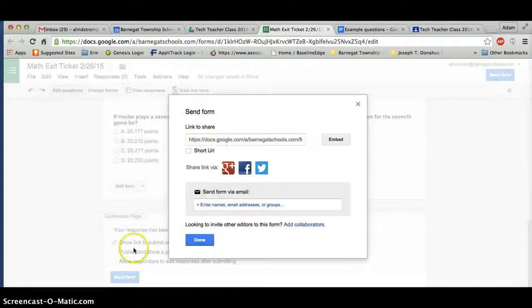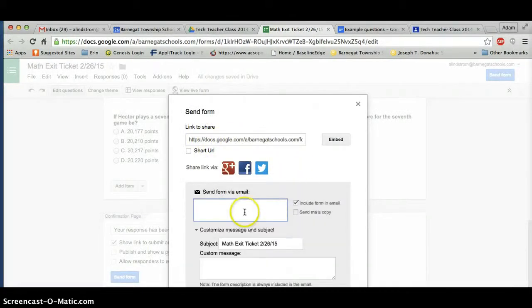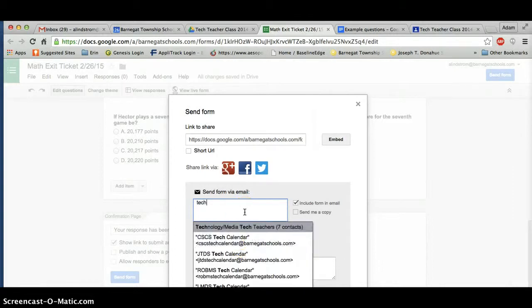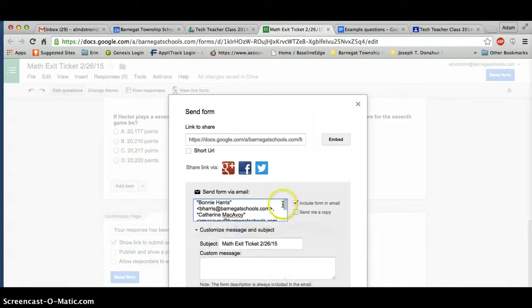Go ahead and select send form. And from here you have a few options. You can type in your students' names. So I have my tech teachers that could get the form this way. Or